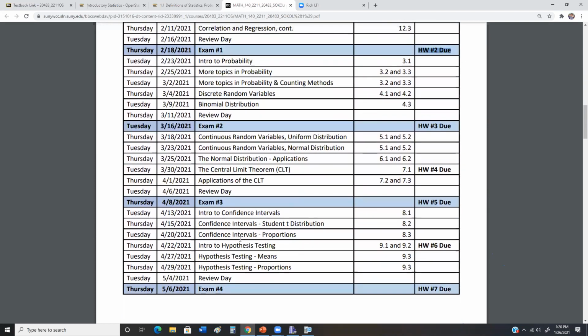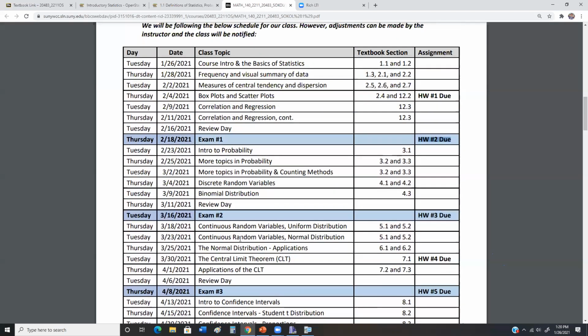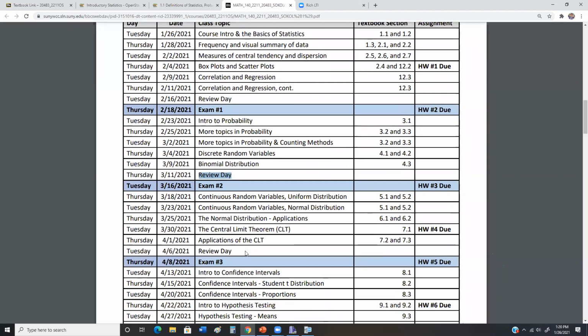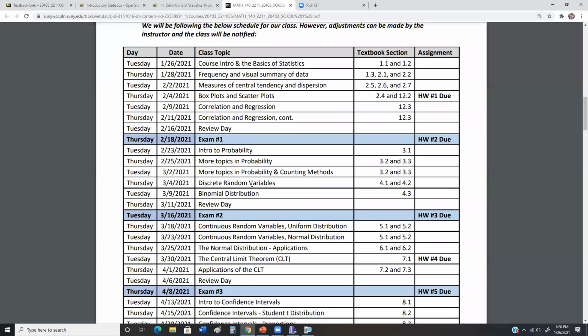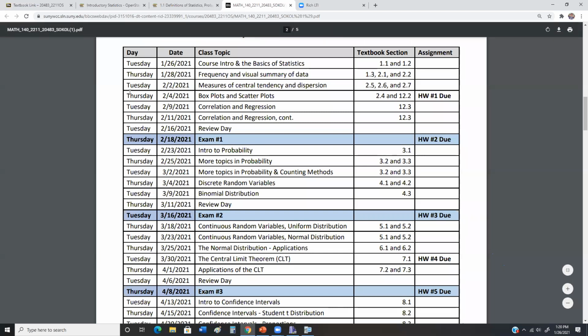And then you can also see I have exams listed here. You'll notice in our schedule, there are 4 exams, and before every exam, I'm going to have a review day to get you ready for the exam. Basically what we'll do during review days is spend 2 hours saying, okay, this is what test questions are going to look like. Let's just do practice and practice and practice and review everything we've covered in the previous classes.